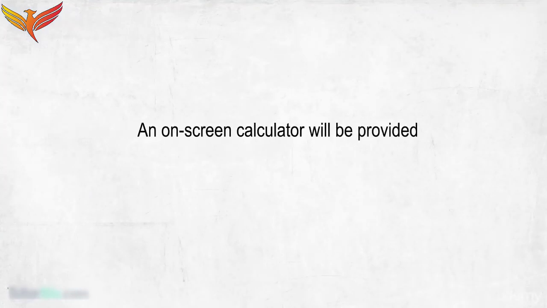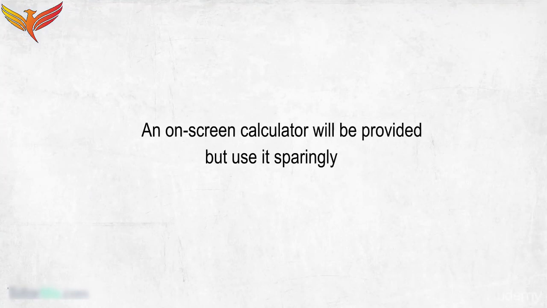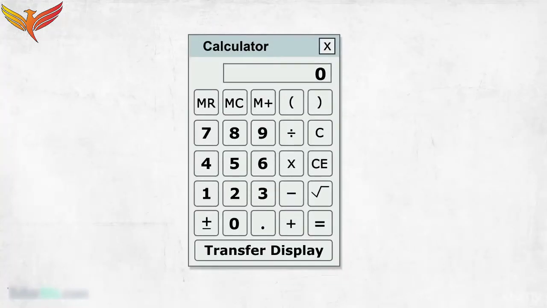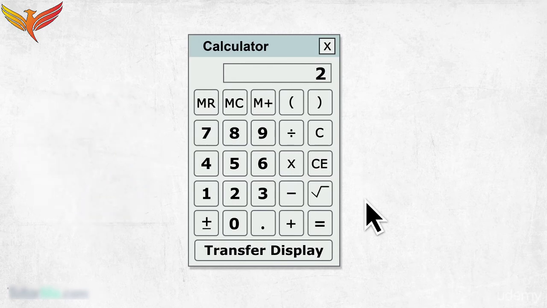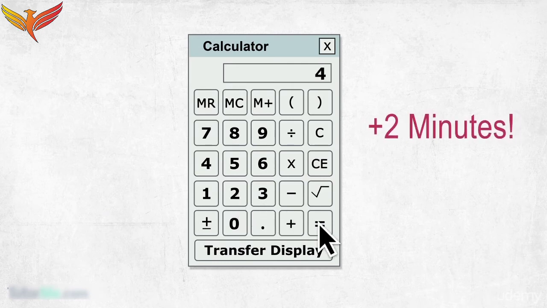An on-screen calculator is provided during the test, but don't use your calculator as a crutch. You won't need your calculator on every problem, so don't waste time using it for basic arithmetic. Remember, your use of time is the most important factor to succeeding on the GRE. Most of the time, mental math is safer for basic arithmetic. Typing everything into the calculator can add up to 2 minutes to your total time,